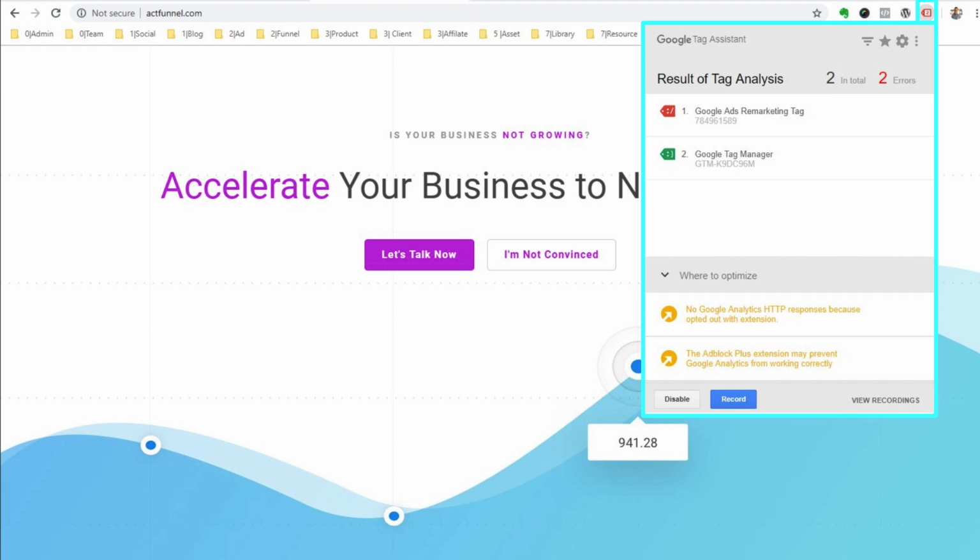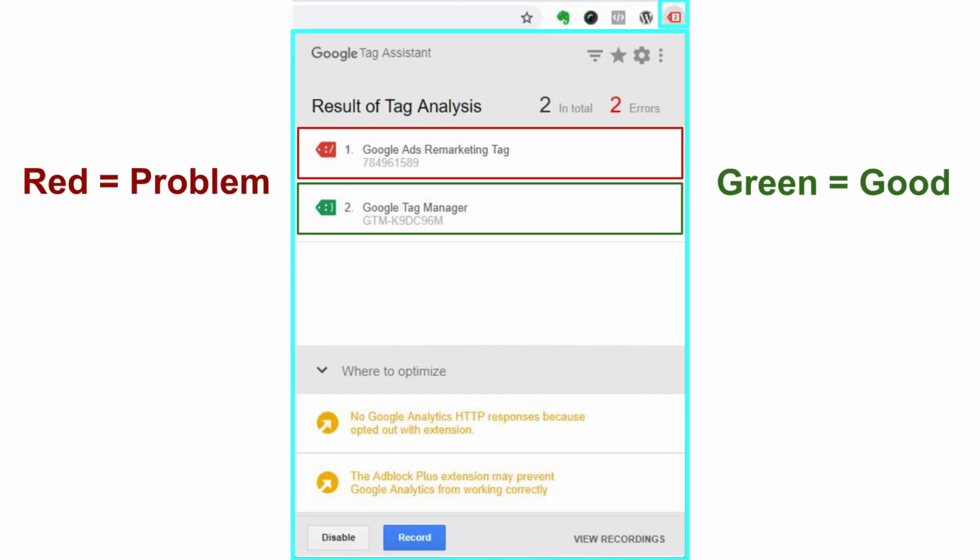So in this particular example, you can see here we have Tag Manager and we have an AdWords remarketing tag on the site. Since you just installed Tag Manager, all you should see is Google Tag Manager unless you already have other tags that are lingering around someplace. Now you'll notice there's some yellow arrows at the bottom. We're going to ignore that for this tutorial because I'm purposely blocking myself on a site that we actually own, but we'll go through what red and green means. So obviously red is bad and green is good.